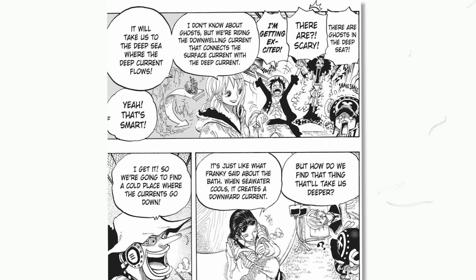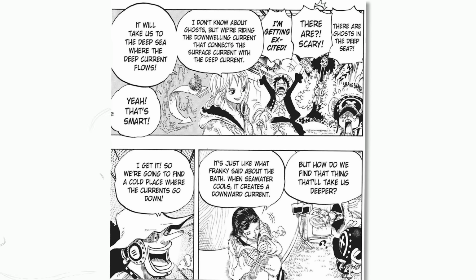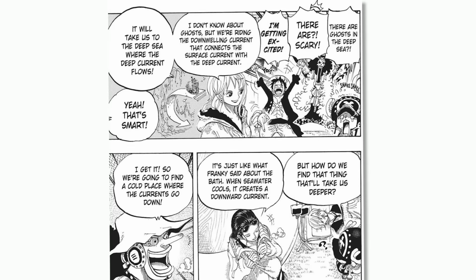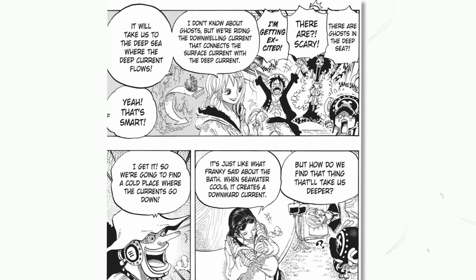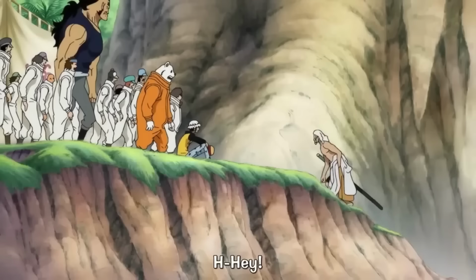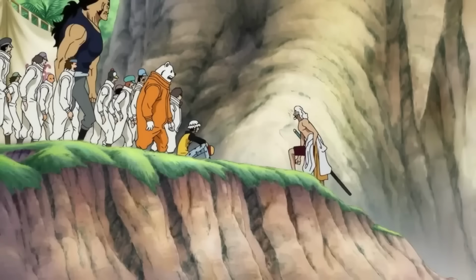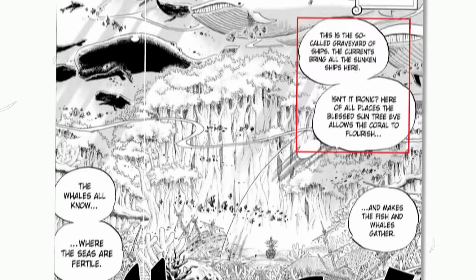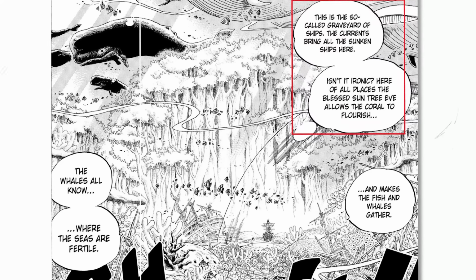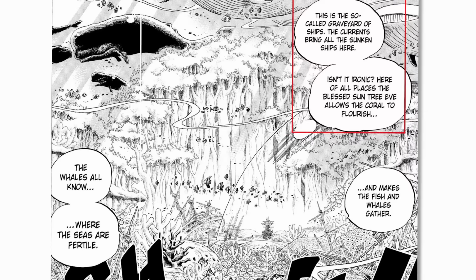Similarly with Fishman Island, since it is a winter island and extremely cold, that provides a direct ocean current that funnels directly to it. Because of the increased salinity and the depth of the ocean, creating a cold deep sea current, not only is this how Rayleigh recommends traveling to Fishman Island, but the reality is, with or without guidance, what we find out is that on the north side of Fishman Island is the Forest of the Sea, which has the graveyard of ships, which exists because